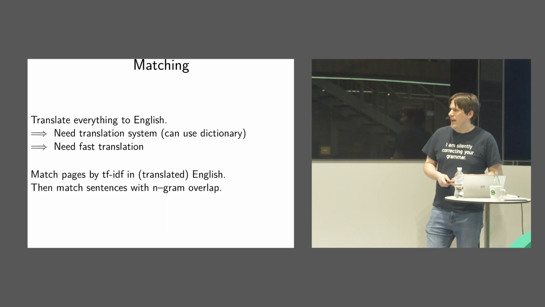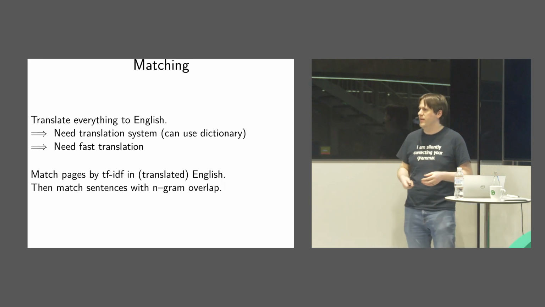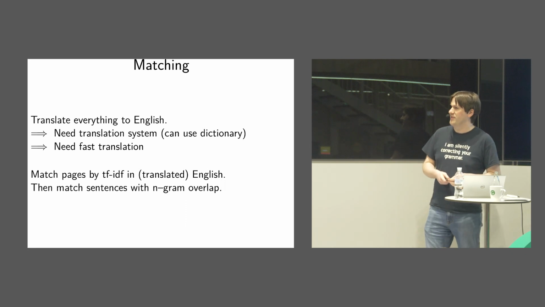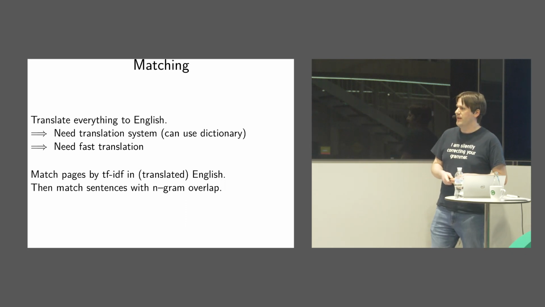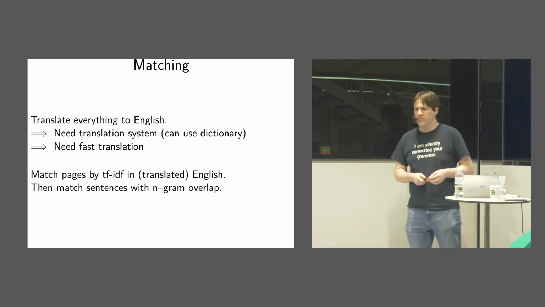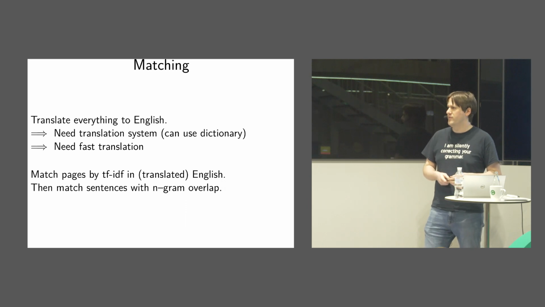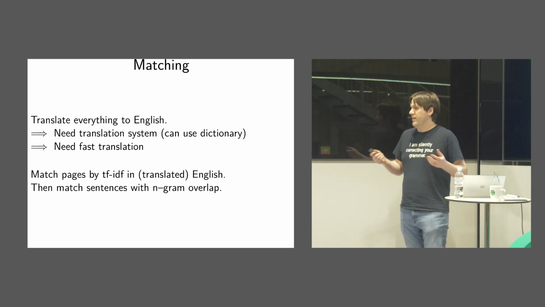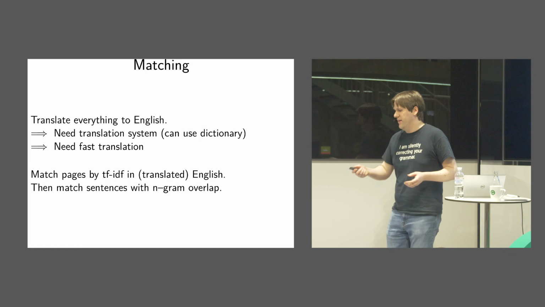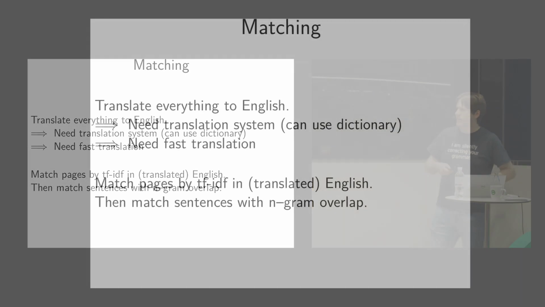And it needs to be fast. Some indicative numbers, I've burned $1.2 million in Microsoft Azure credits. I didn't actually pay for them, but they were donated by Microsoft through the Alan Turing Institute, thank you. And that still wasn't enough, actually. So we're getting supercomputer time, hopefully in Edinburgh and possibly in Cambridge, to burn a few more million hours of GPU time to do this. But if we can make translation faster, we can process more of the web and then find more data. So that's why there's a second part of the talk after this. Right.